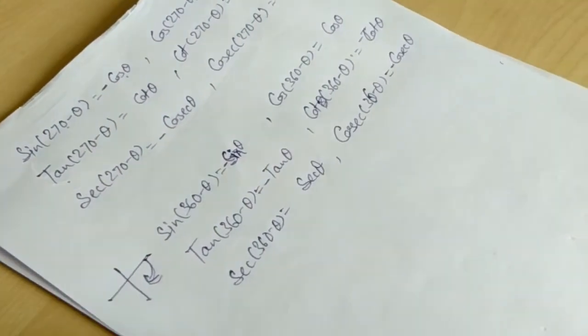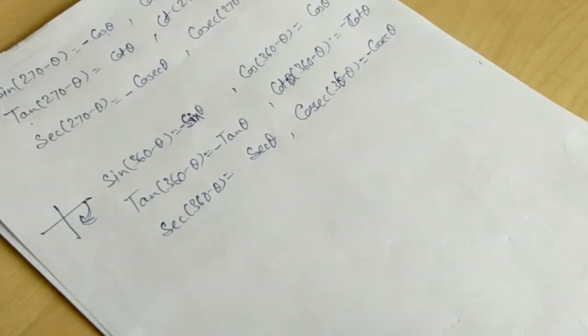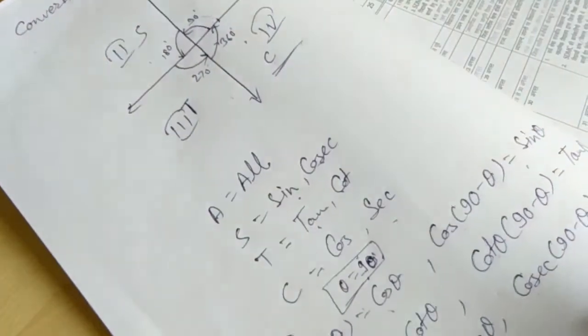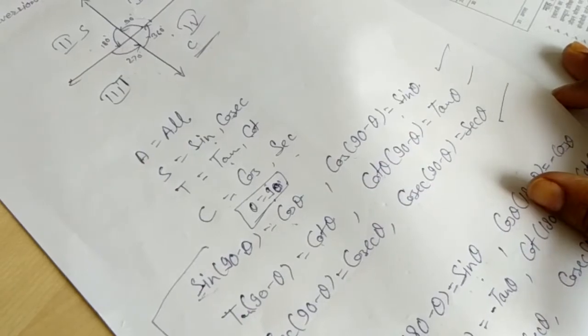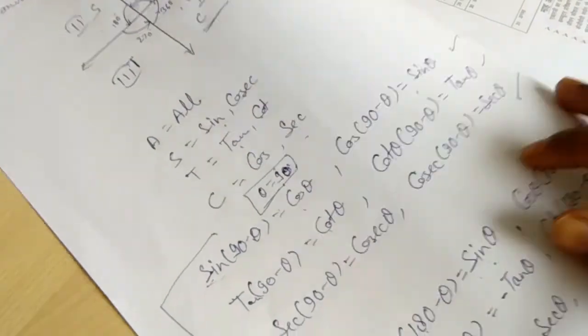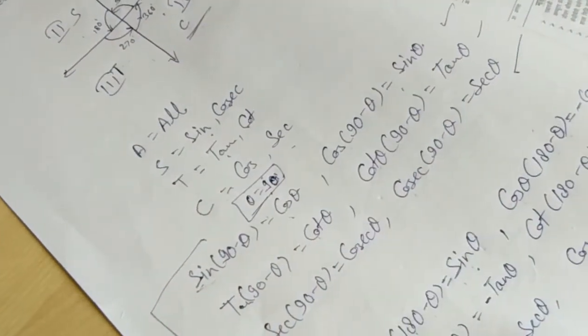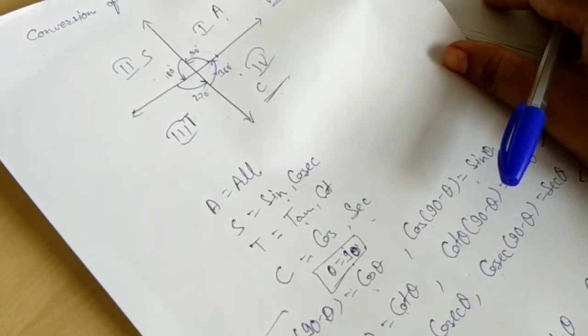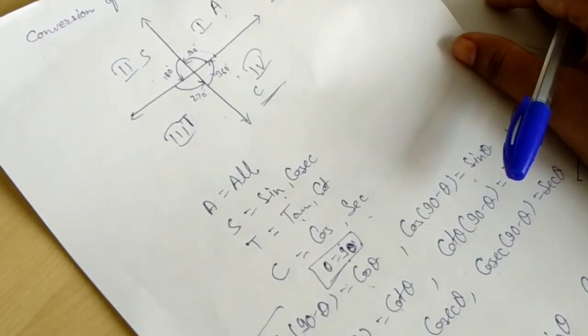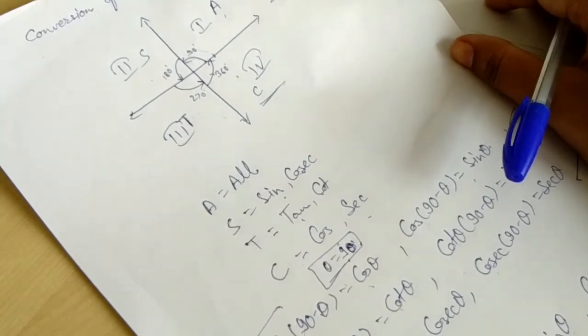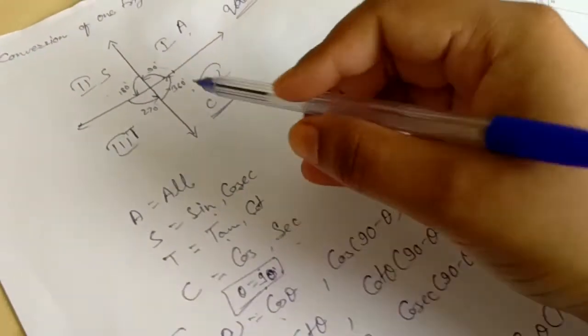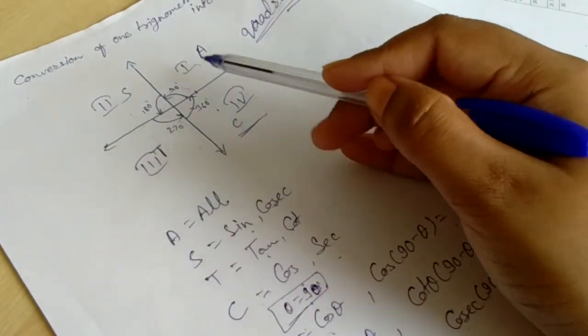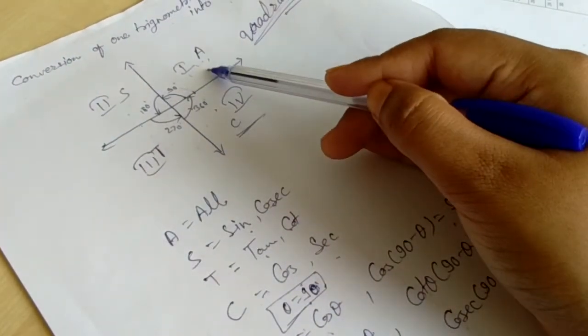So students, these are the four types, and these formulas are very useful for you in further classes also. That's why I have discussed them for 11th and 12th standard also in this video, so we don't need to calculate them another time in the 11th and 12th standard videos. So first we need to understand the quadrants and the sign convention according to the quadrants.